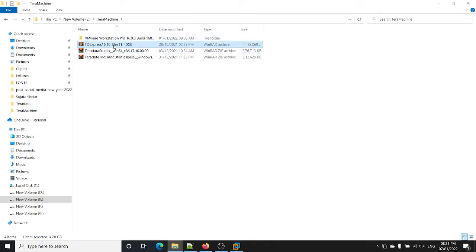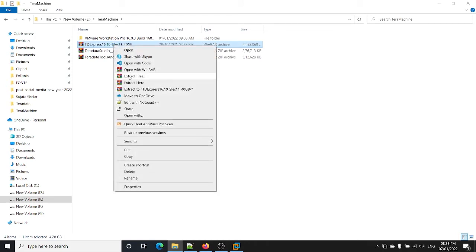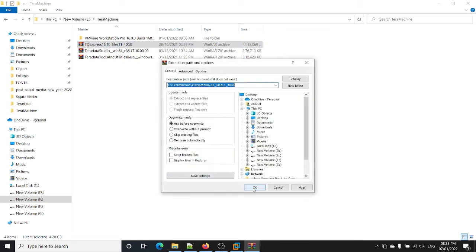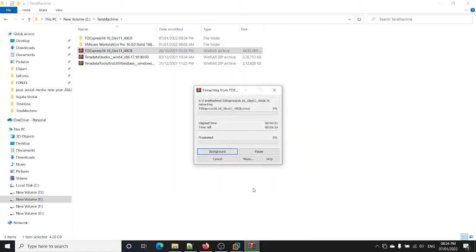So this is my folder which I have got after downloading that particular VMware the second time, right? Then let's click on extract files, then extract the folder. So it will take some time. For that matter, we are getting the Linux version for it, and the Linux version is particularly saying